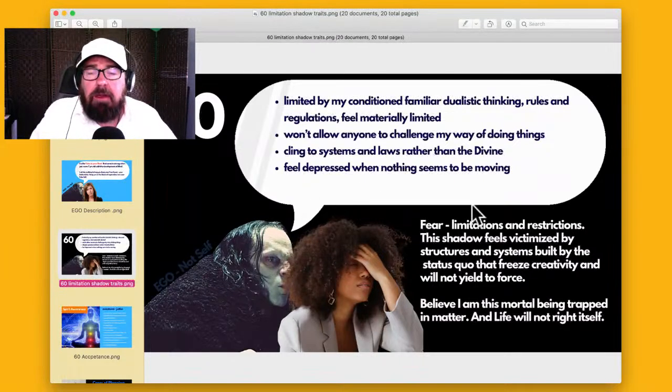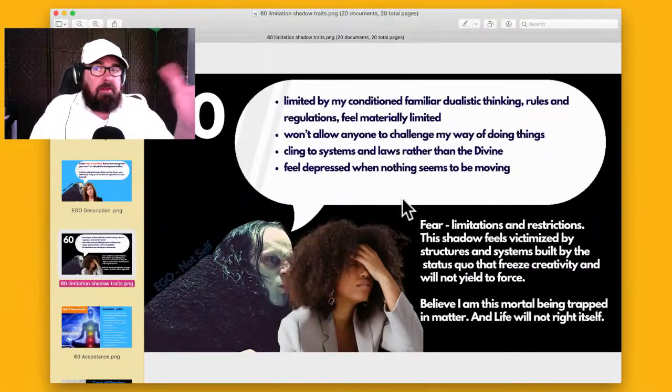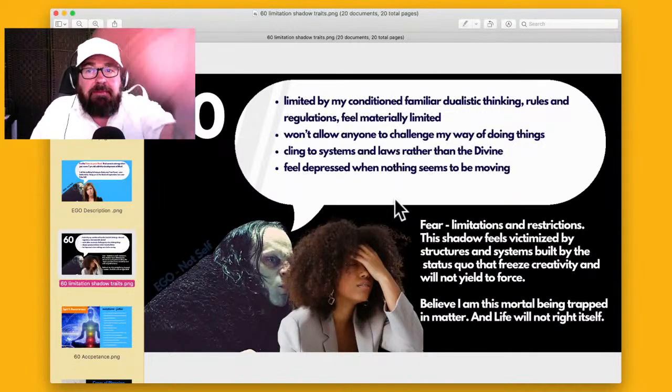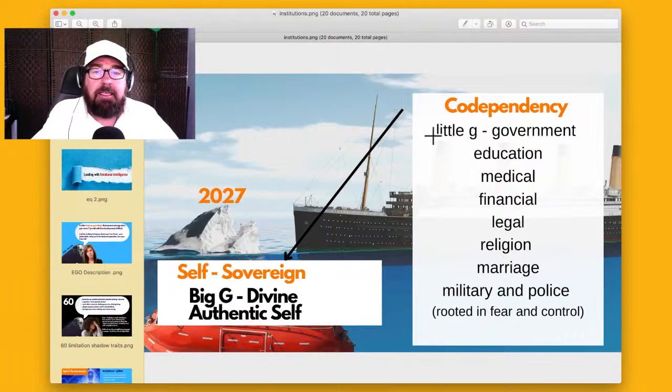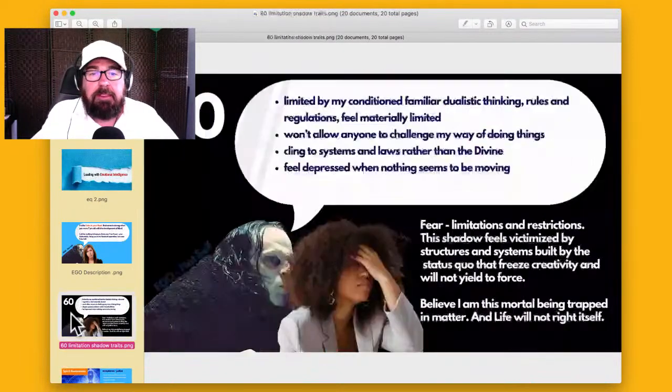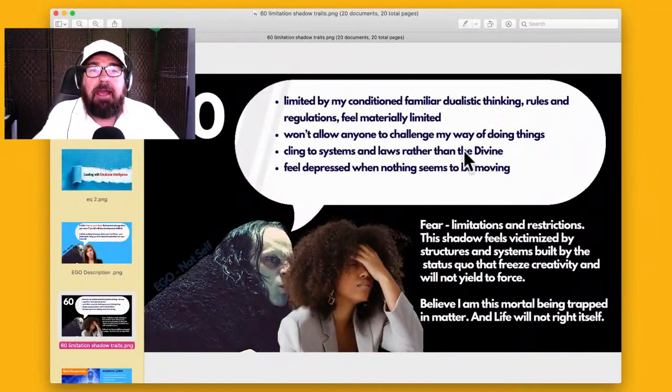Well, I can't look powerless, right? I can't look like I have it all. I have to look like I'm a success. I've got to look like I have it all together, right? So you're not accepting feedback, but that feedback is probably coming from the divine, right? To help you and support you. Cling to systems, right? So clinging to this Titanic that's going down, clinging to that system instead of clinging to the divine.